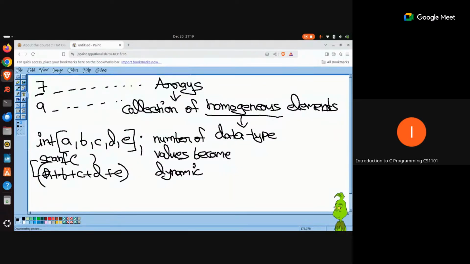Of course, there are some edge cases that you can probably think of for managing all these things. You can say that I am going to accept a maximum of 100 inputs, and whenever the user wants to end giving the inputs, you can ask the user to enter some special symbol. Let's say if the user enters Q, or let's say 000, something like that, then you will assume that the user is going to stop entering inputs, and you will find the sum of whatever numbers have been entered.